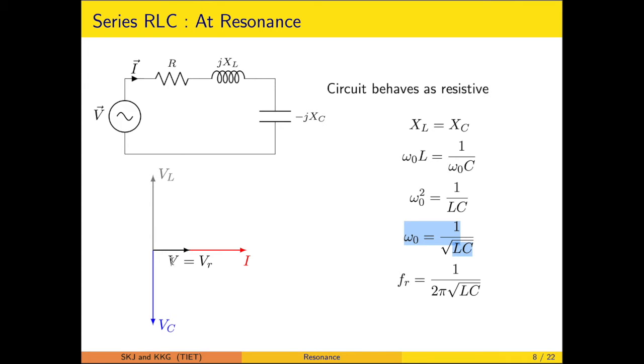Now this is a phasor diagram. As the current is common, that is marked. Voltage across the resistance is in phase with the current, so VR is marked. VL will be 90 degrees leading the current, VC will be 90 degrees lagging the current. So what we will be seeing is that VL is of exactly equal and opposite value to VC, so they will be counterbalancing, and therefore the supply voltage will be appearing across the resistance.